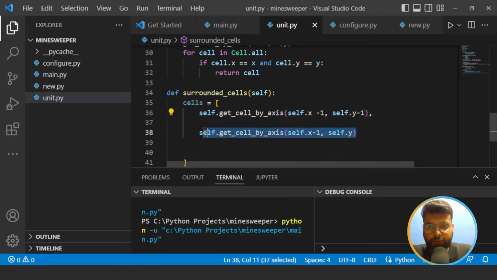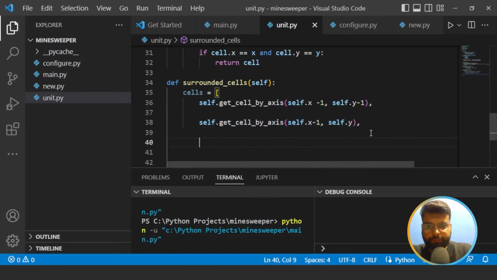So we'll just copy this, and after applying a comma just paste it, and x minus 1 and y plus 1,